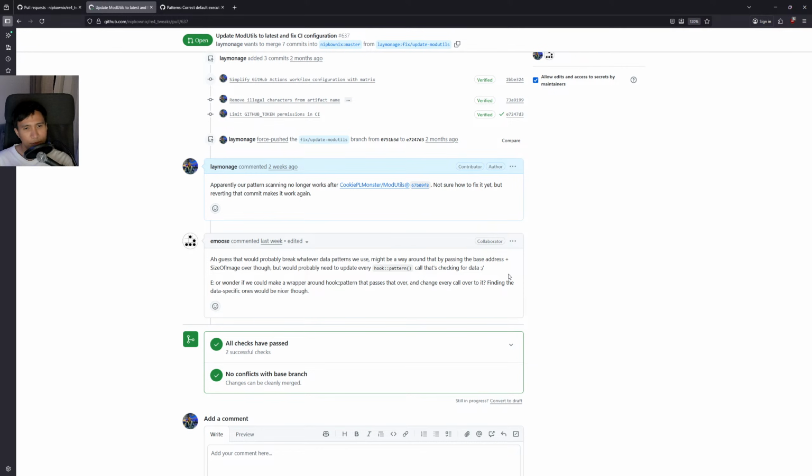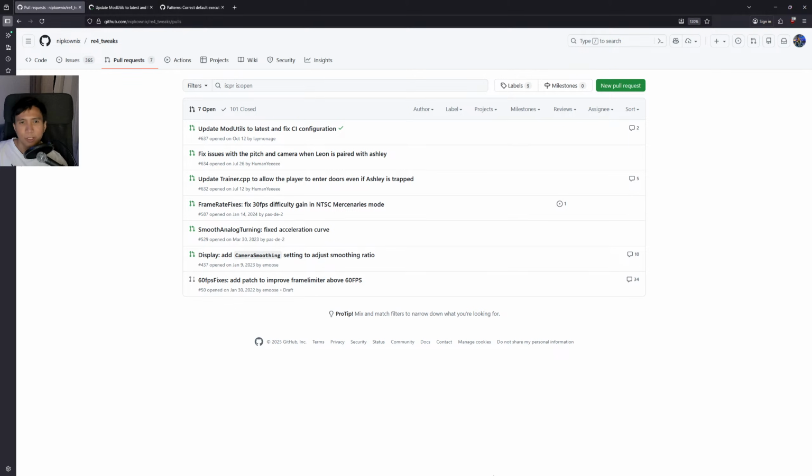Or maybe we could make a wrapper around the hook pattern that passes that over, and change every call over to it. Finding the data-specific ones would be nicer though. So yeah, I'm not sure if I want to address this particular problem for now, but last time what I did was I basically